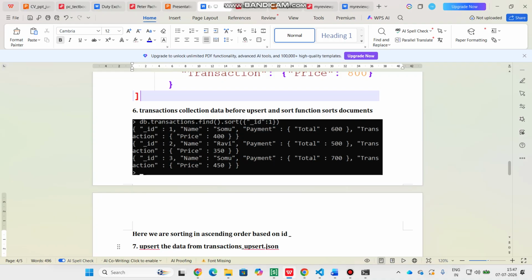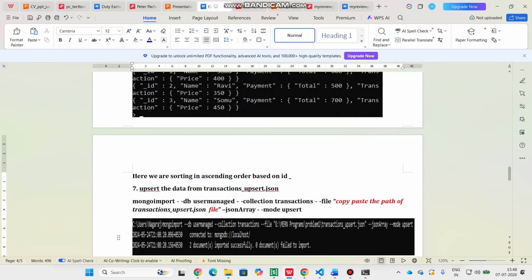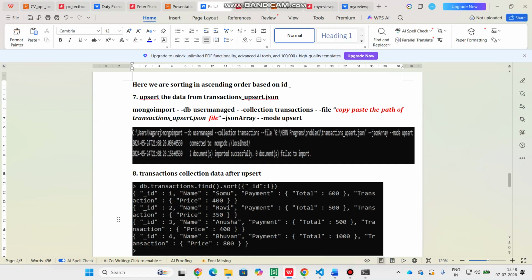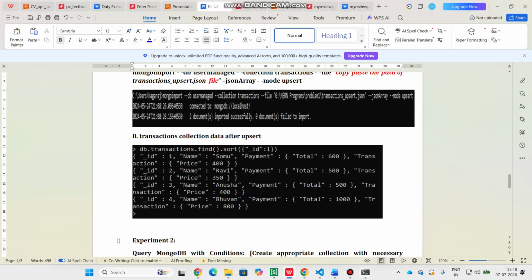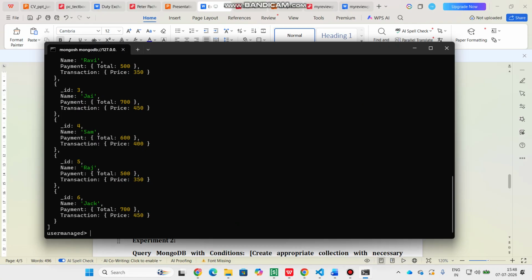If you want, you can sort it, in the sense based on the ID. So you can give the command db transaction find. You can sort it in the ascending order. If you want to sort it, then the command you require to give is db transactions dot find